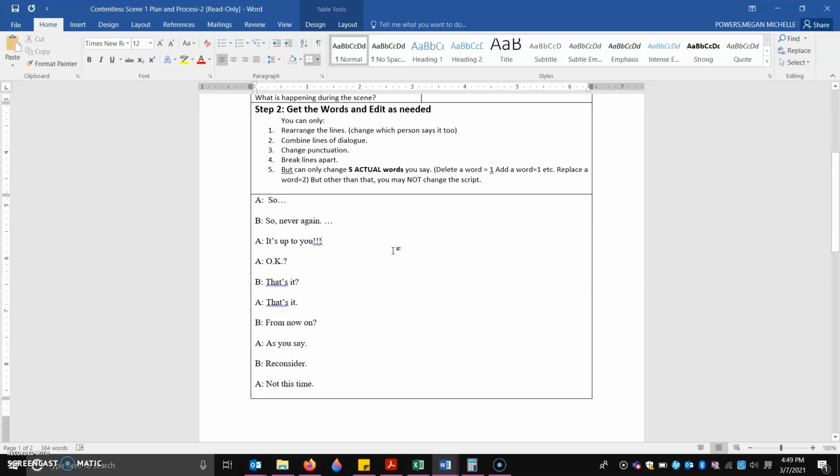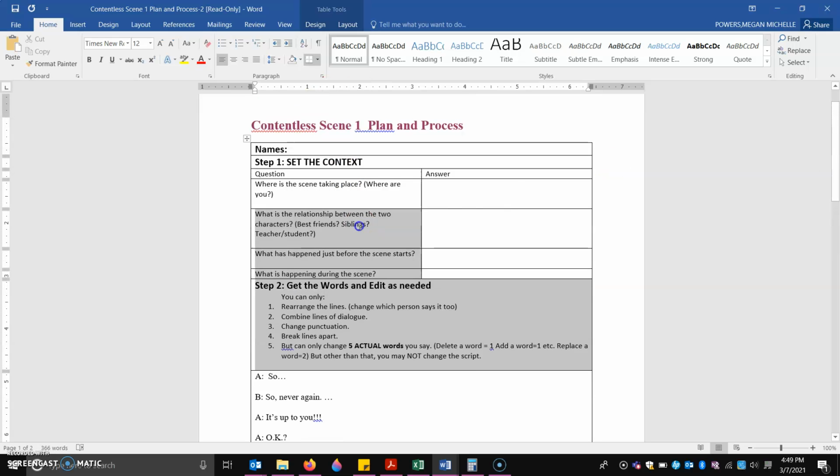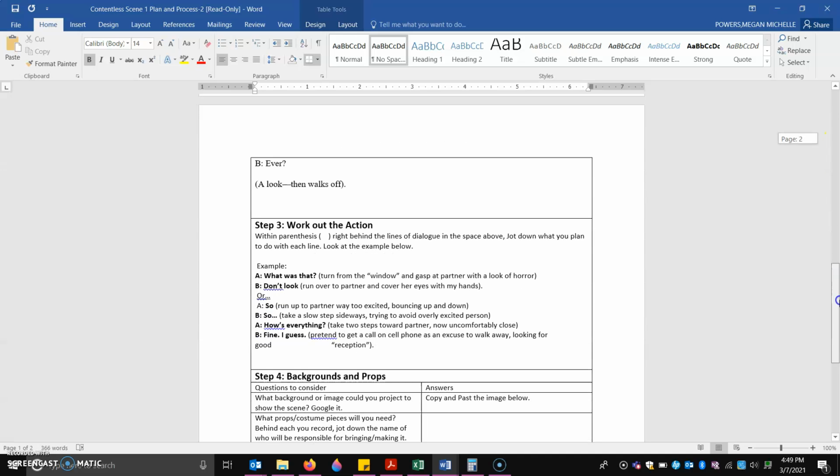And if you're going to take the time to add words, I would go through and add words that really add to our understanding. Like, "That's it, you cheated." Let's say if this was a breakup scene or something like that. And then that would count as 2 words changed. So you want to go through, you can edit and revise the script so that way it works for you. But again, you have to follow these rules, okay? So that was step 2.